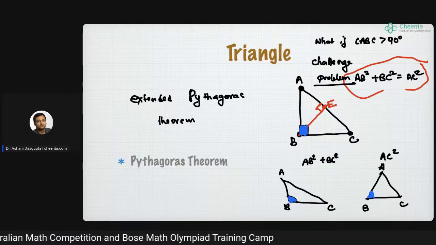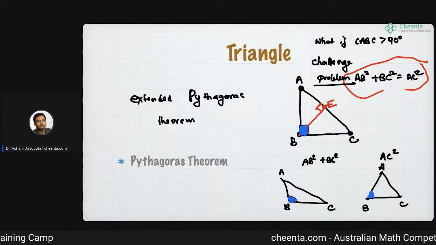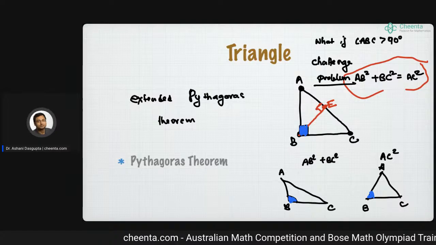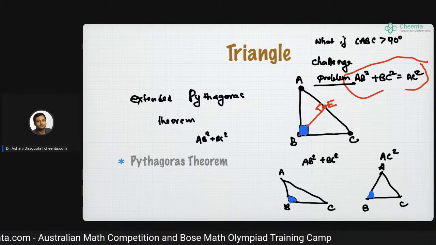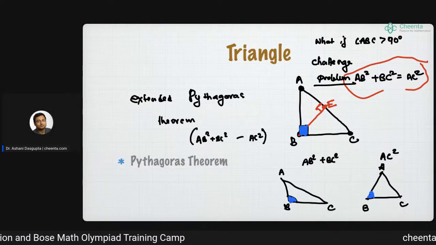In fact, it would be great if one of you can investigate this. So you see, if I look at this quantity AB square plus BC square minus AC square, this